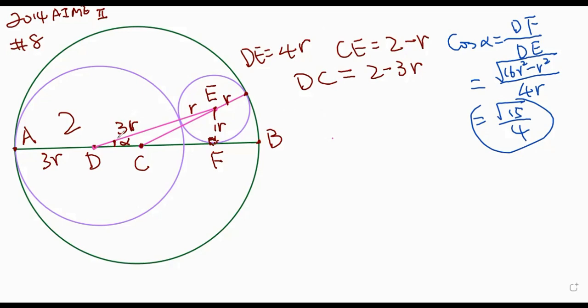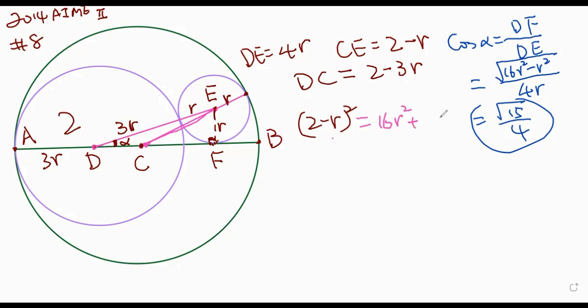Cosine law, and we just use the angle of this. So we can use CE squared. I can use this. All right, CE squared equals, this is 4R, so 16R squared,